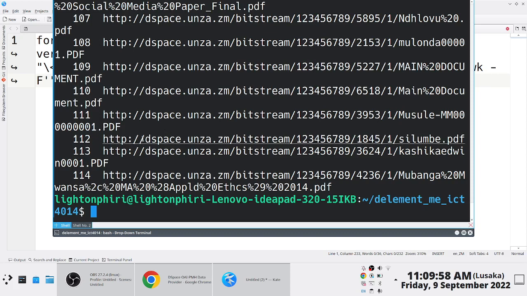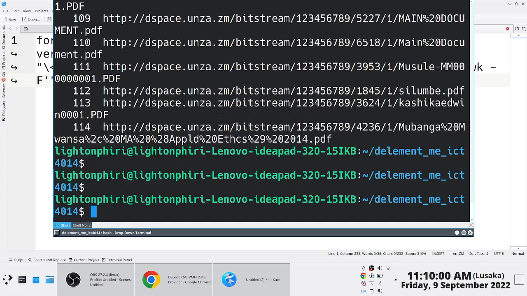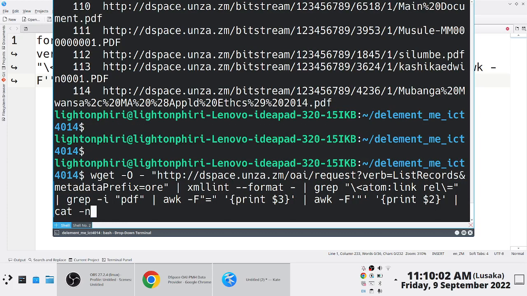If we use this / as a separator again, right? Observe. If we use this / as a separator, we can do an awk and then do a minus and then say / and then what we'll do is we'll print 1, 2, 3, 4, 5 and 6. Observe 5